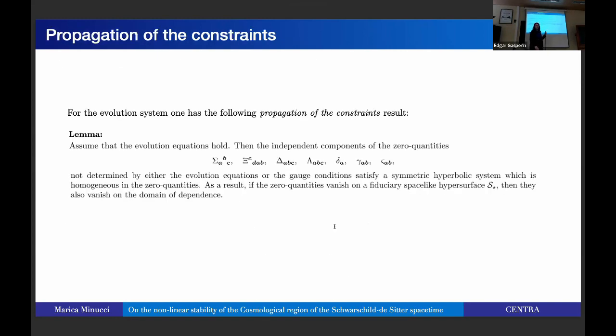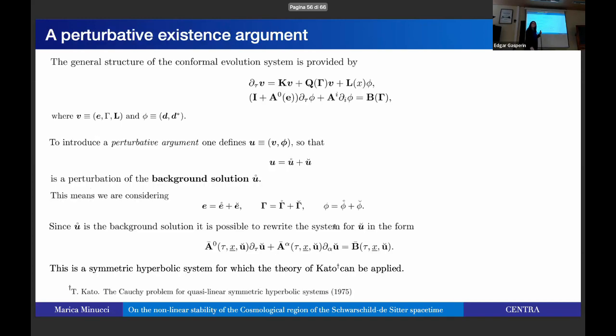Now, this result needs to be paired with the propagation of the constraint. Yes. For these transport equations, are there interpretations for the coefficients of the transport equation? This one? Yeah. Okay, so we define B as being, so these are overall quantities. So D and D star are the electric and magnetic part of the Weyl tensor. E, gamma, and L are the frame, connection coefficients, and the Schouten tensor. So it's just a way to write down in more compact form